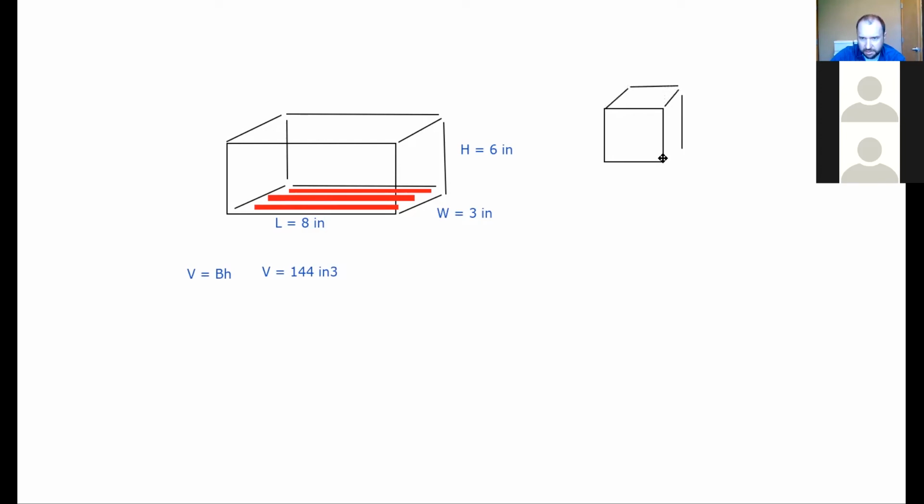Pretend all these sides are equal. Okay, so let's say this is a cube with a side length of 8 centimeters. So you might get something like this where they say the following shape is a cube, and